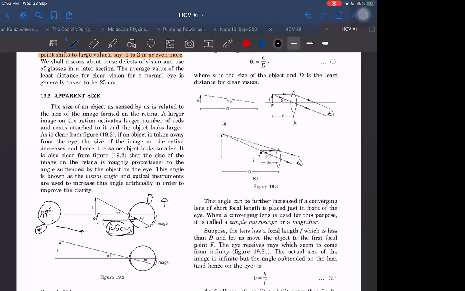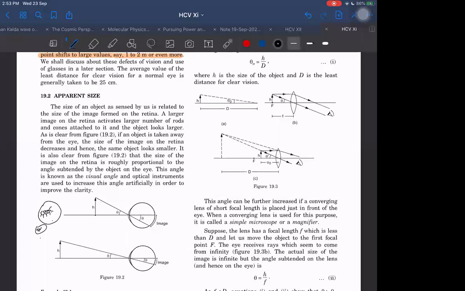So what extra advantage are we getting? With the help of this lens, I am able to form the image. Sorry, the image will not be formed at 5 centimeters away. Because I cannot see that, I will be able to see only if it is formed at the near point. But I can bring the object closer, and I will put the lens in such a way that this object will again form the image at the near point only. I can do something like this, the way they are doing it here.